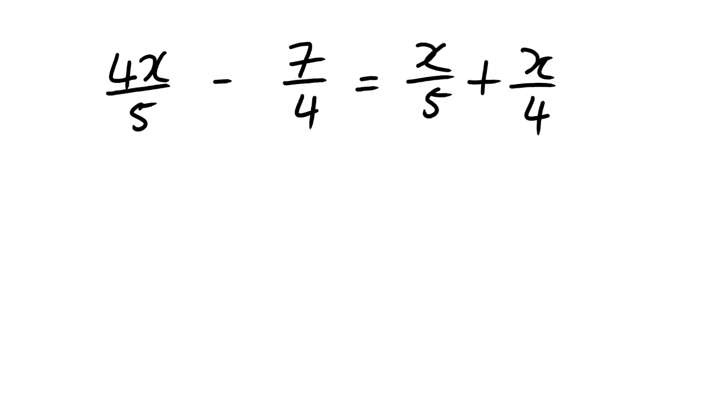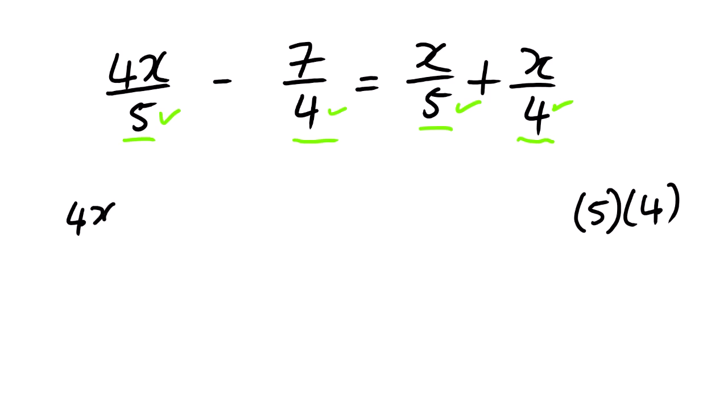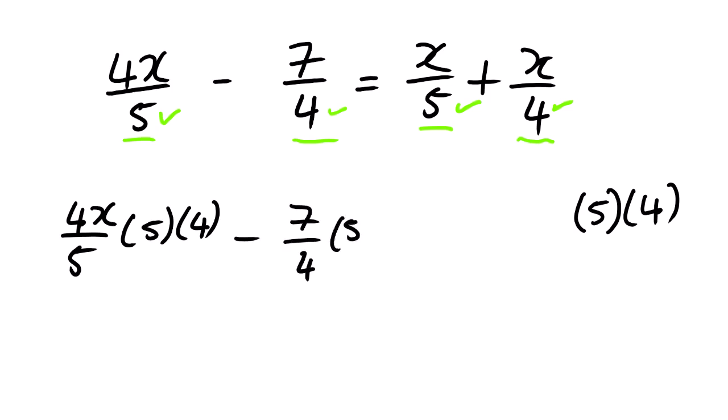So in this case, let us look at the terms or term which causes the fraction. Now you can see that we have 5, 4, 5, 4. But this one and this one, they're actually the same, and this one and this one, they're also the same. So we can say the terms which cause the fractions are 5 and 4. So we are going to multiply each and every term by 5 and 4. Looking at the first term, 4x over 5, we multiply by 5, 4, minus 7 over 4, we multiply by 5, 4, it's equals to x,